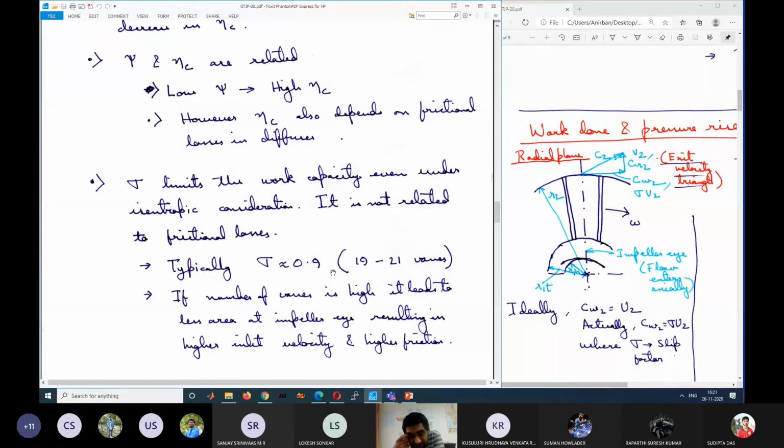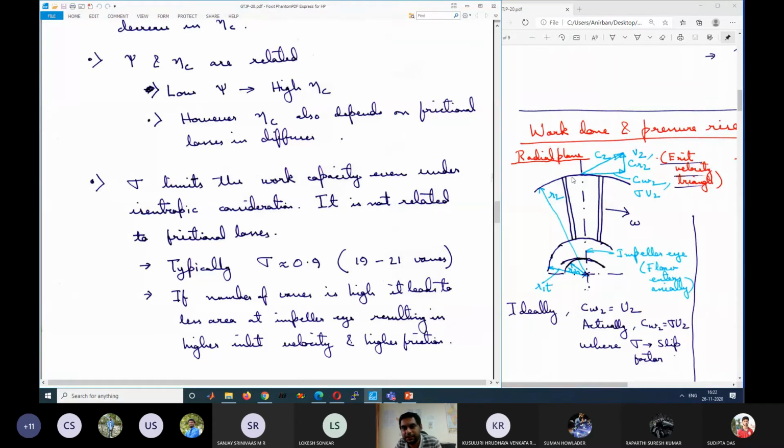So it is very important to note here at this point that sigma is not related anywhere. We have not defined sigma in terms of any frictional losses. Even if the flow is entirely isentropic, no losses occur, no friction, it goes smoothly from here to here, no frictional losses, no viscous losses, still this sigma will be there because it does not depend on frictional losses.